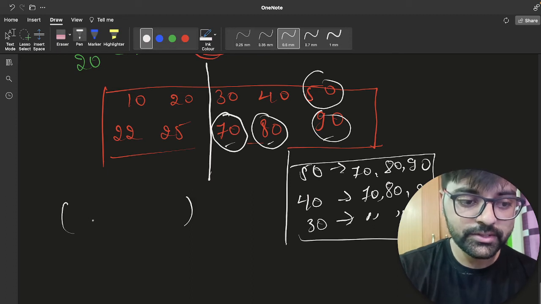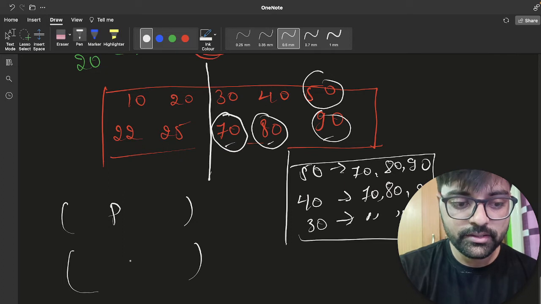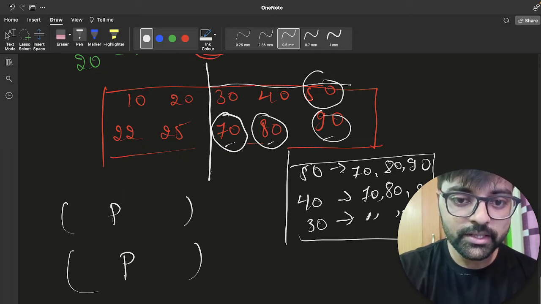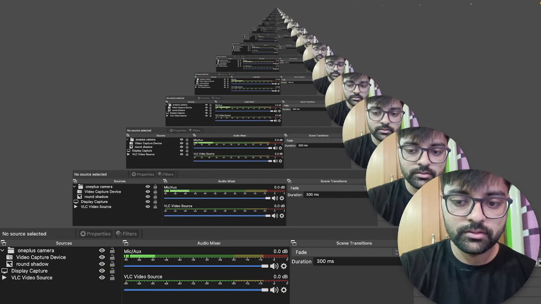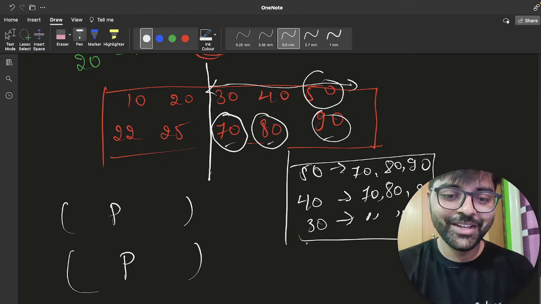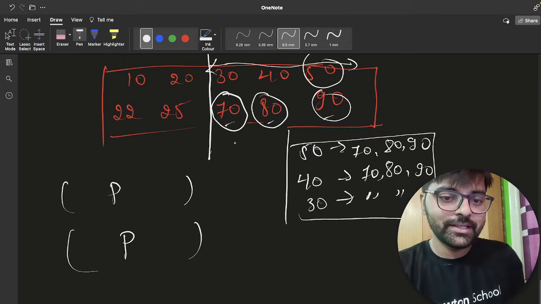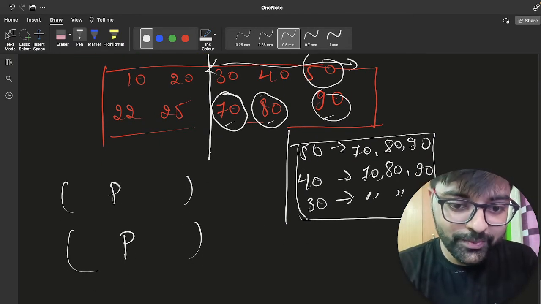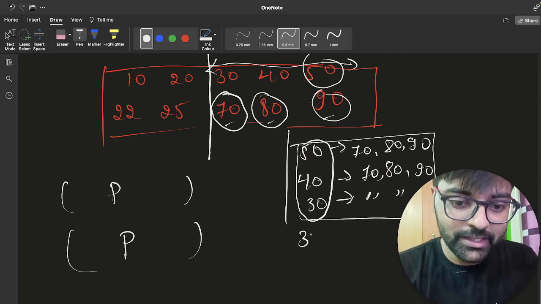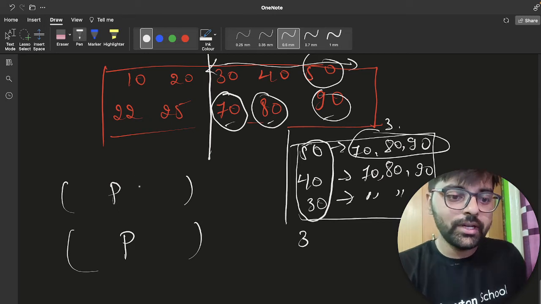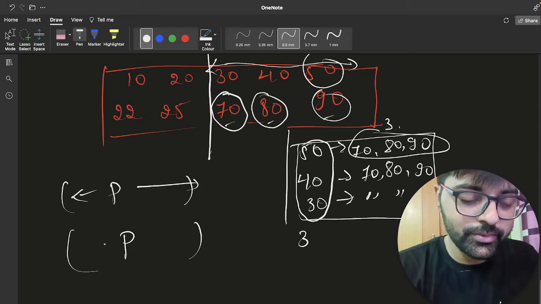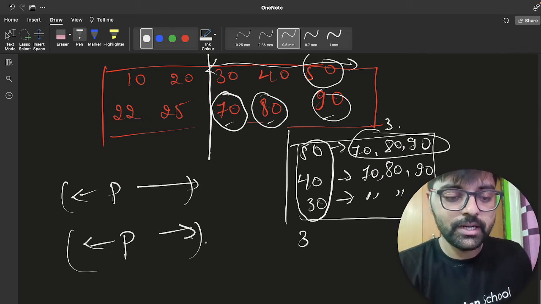So let's say its width is P and the other is B. So these three elements 30, 40, 50. Sorry for the train. So I am saying that this width is 3 for 30, 40, 50, and 70, 80, 90, this width is 3, right? So let's say this width is P and this width is P, right?